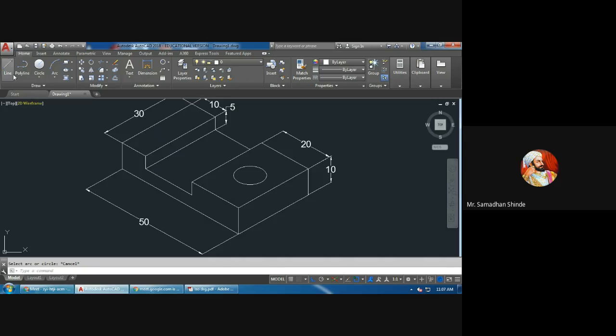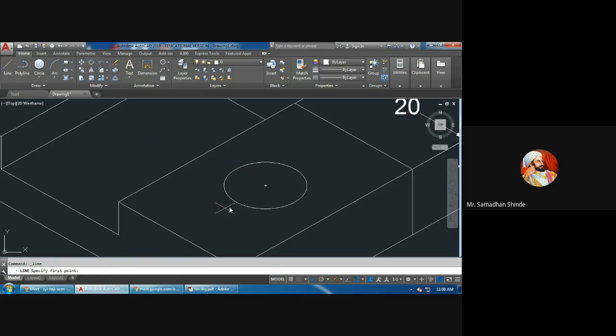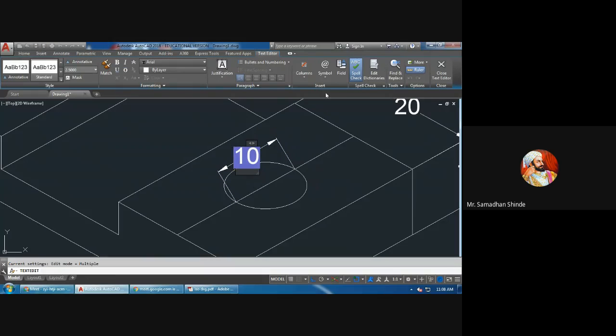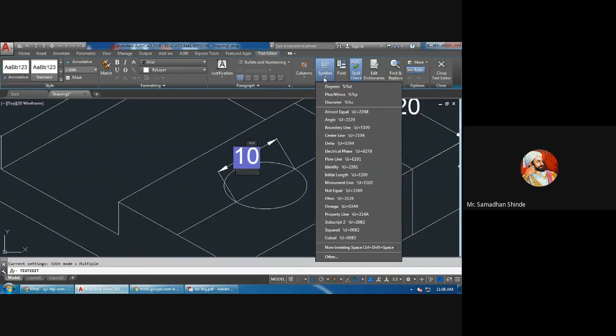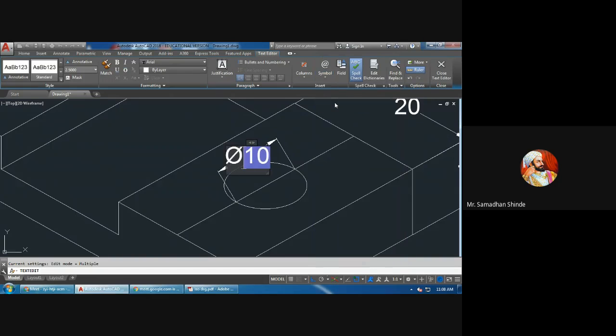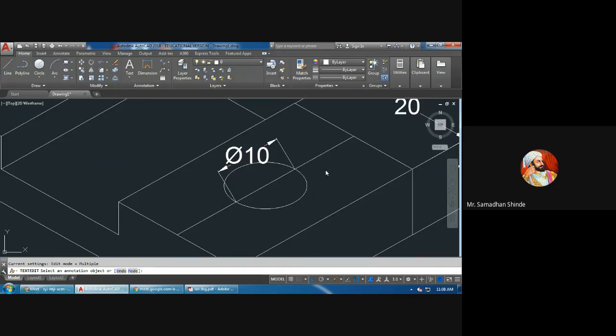So how can the dimension be given? You can draw a line passing through that object like this. Then you can give an aligned dimension, this to this. Double-click on it and you can add a symbol; from the symbol option you can select the diameter, so diameter 10. Enter. This reference line you can delete. Now